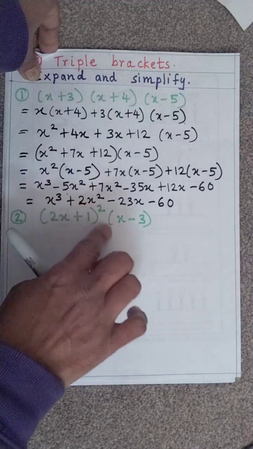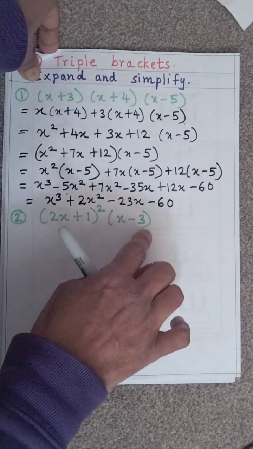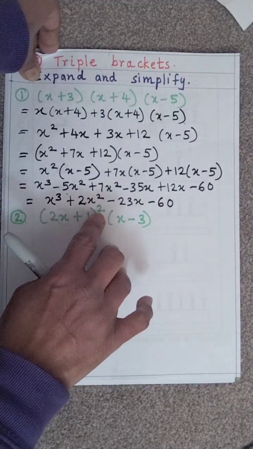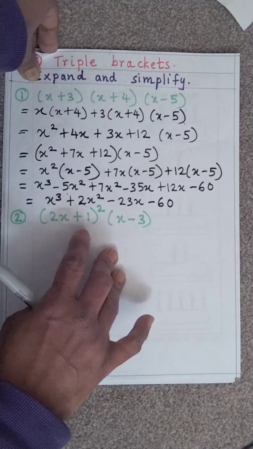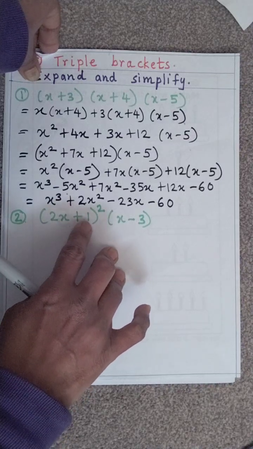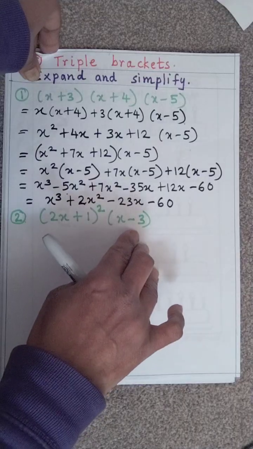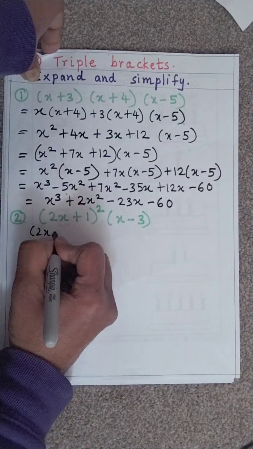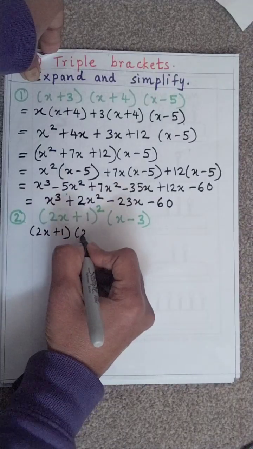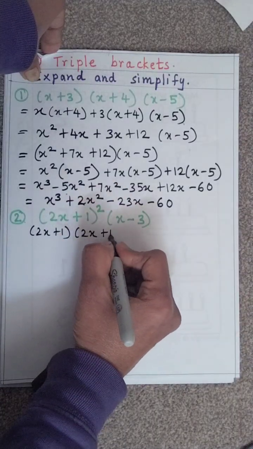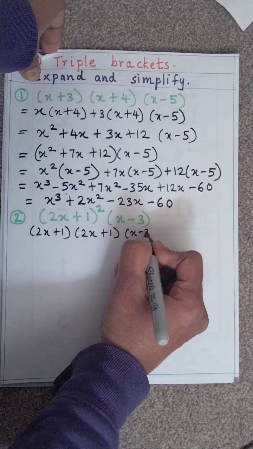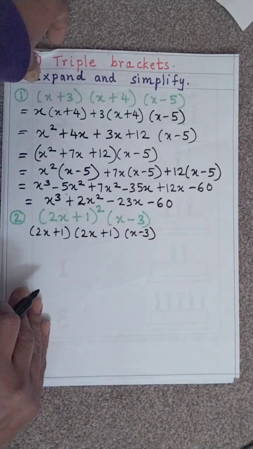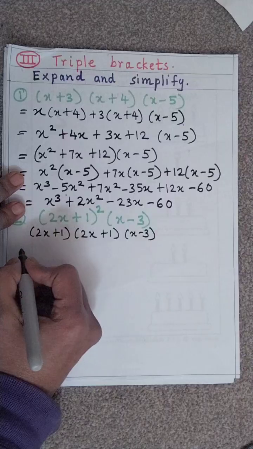2x plus 1 whole square times x minus 3. Here there is one bracket which is hidden, so these are actually 3 brackets: 2x plus 1 two times and x minus 3. So it is actually 2x plus 1 times 2x plus 1 times x minus 3, okay, is equal to,